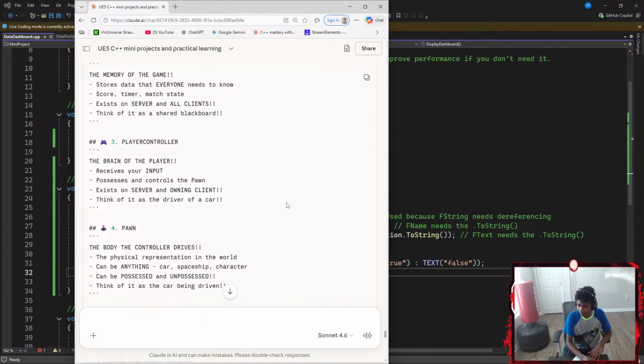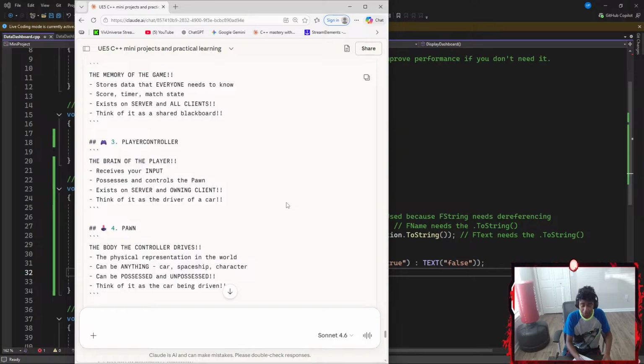That's next up. Let's go with number 3. For number 3, we have player controller. I have used it just a bit, not really much. Player controller: the brain of the player.